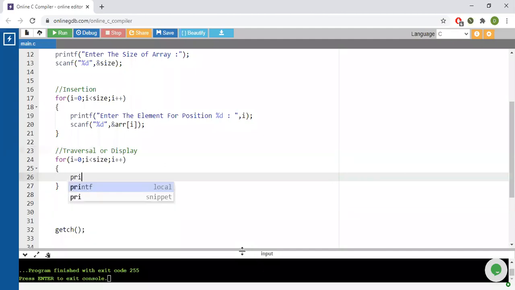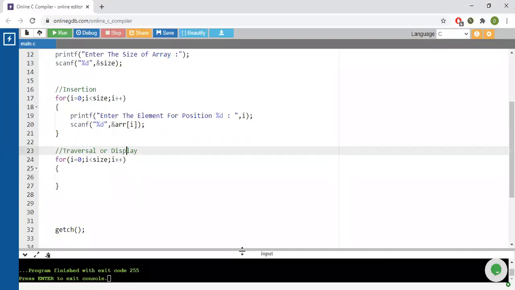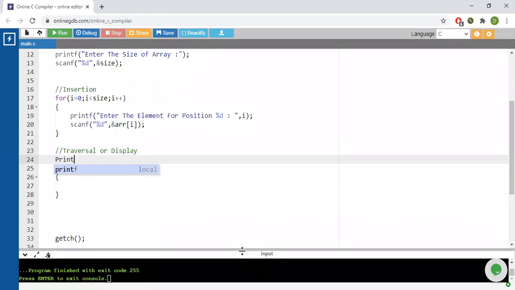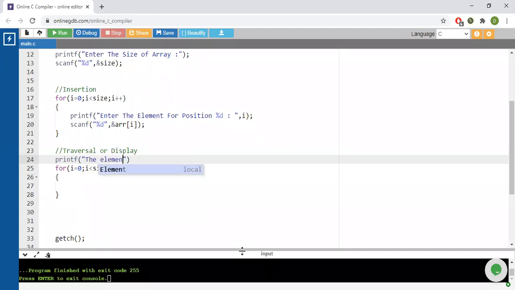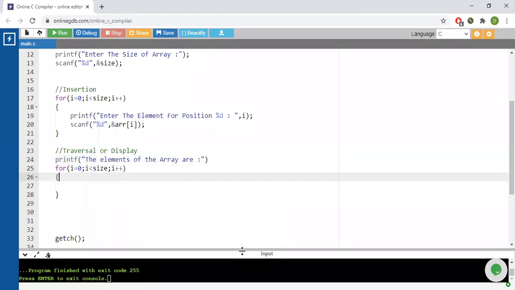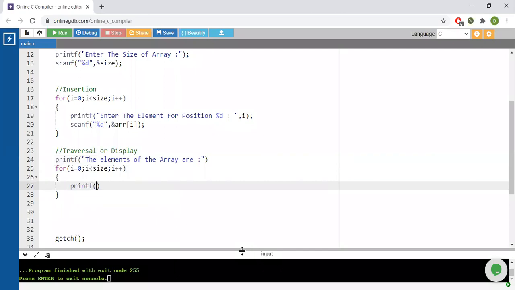We don't have to take any input, so it will be simply printf. Or what you can do is, you can give over here printf, the elements of the array are, and over here you can simply write printf %d, arr of i.